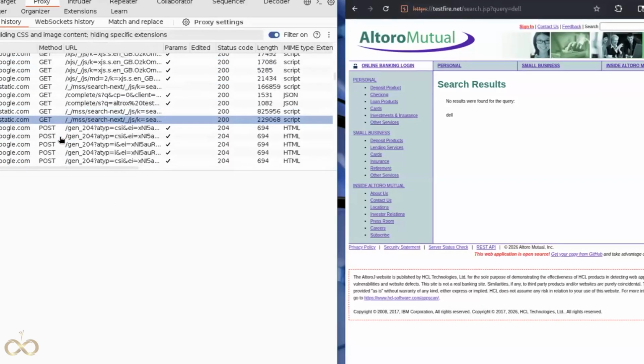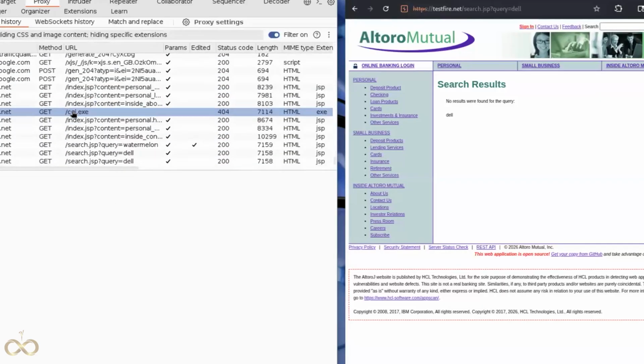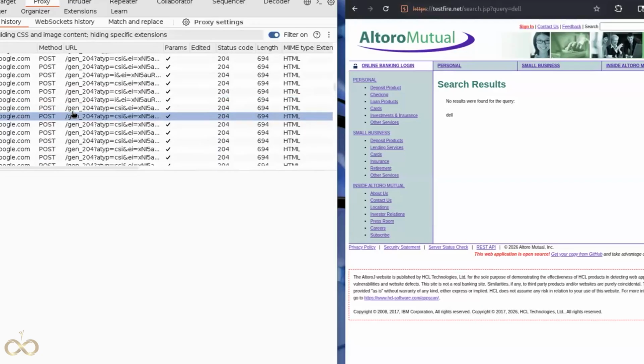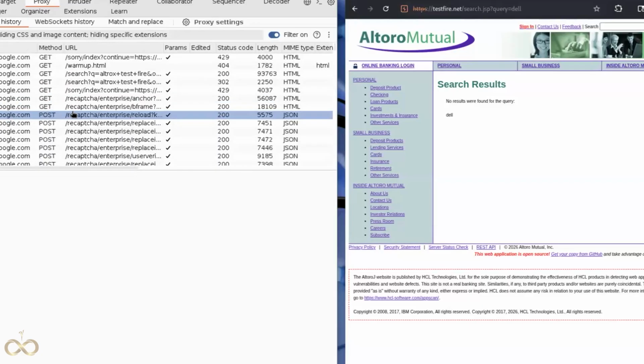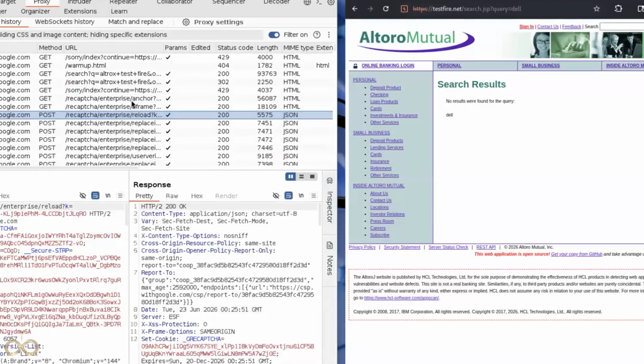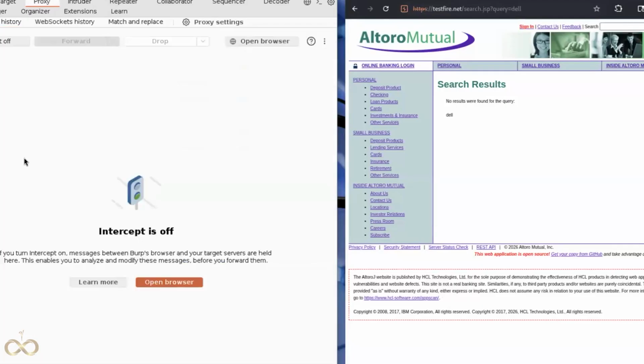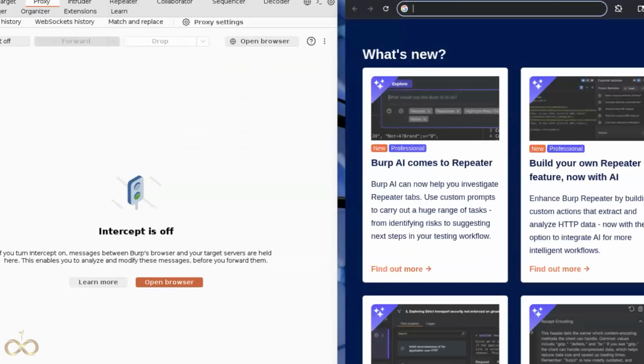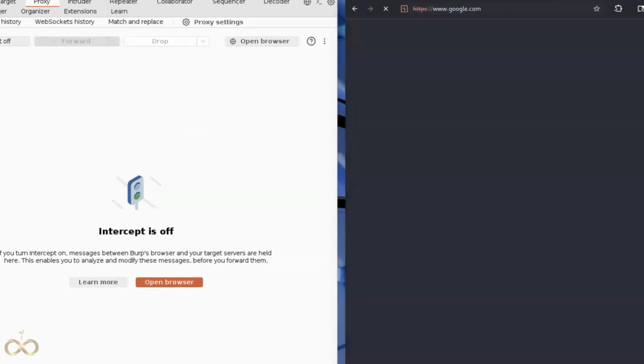Here, all your history, whatever you have searched so far, or whatever you have crawled so far, will be tracked here, all the HTTP requests and responses of it. And you can also send it to Repeater or anywhere if you want. So I want you guys to open, or you can directly do it on Google as well. Let me show you on Google. Let's go to google.com